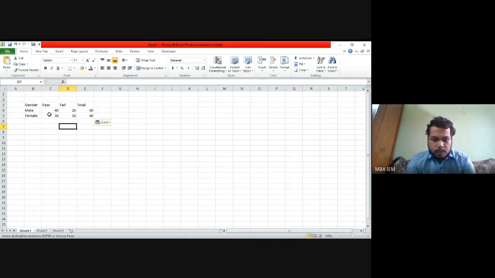Over here, you can see that if I talk about pass and fail, in the male segment there is 40 and 30, right? Male 40 males passed and 30 females passed, right? But in case this was 40 and this was 41, in the pie chart you will not be able to figure out which one is higher and which one is lesser. So data label mentioning is always important when you are dealing with a pie chart.